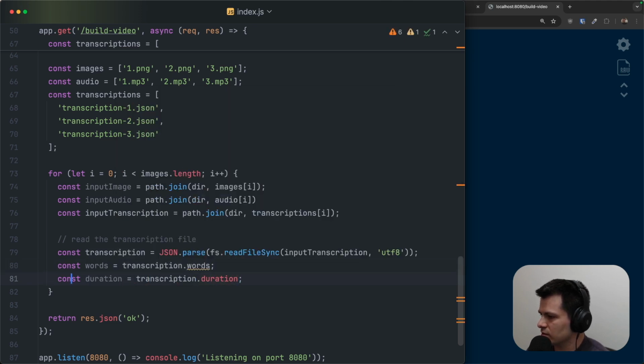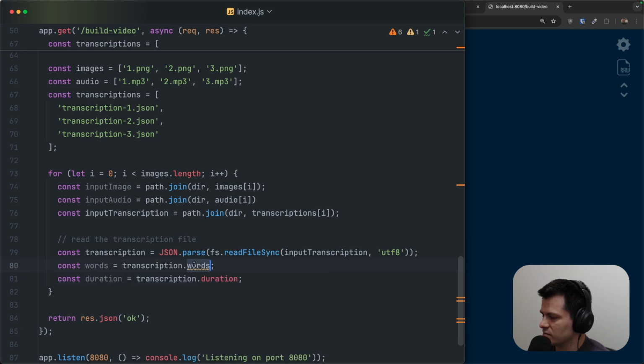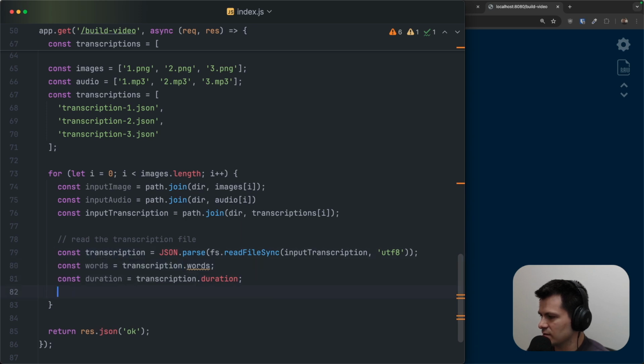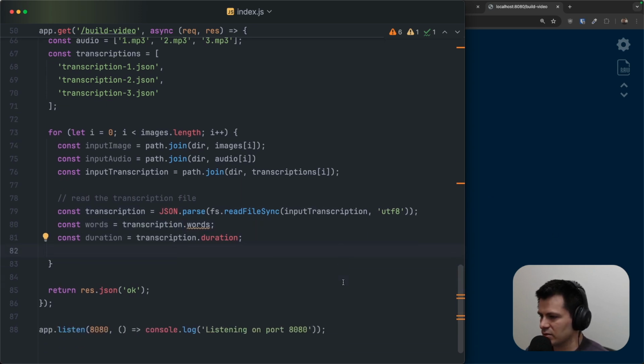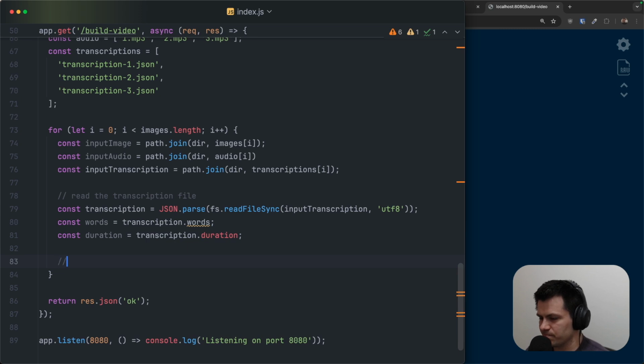And you can see we have an unresolved variable warning from TypeScript because it doesn't know what's inside, but that's fine. We don't use any strict mode, or we don't even use TypeScript here. It's just JavaScript, so no issue here. So we have duration, we have words. What is the next part? Now we want to,